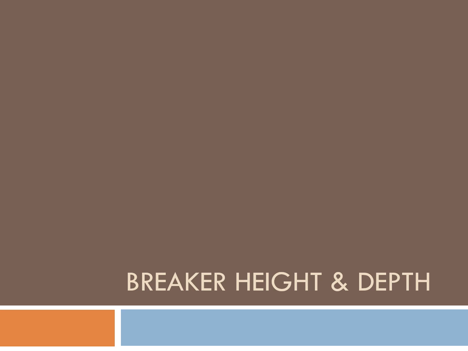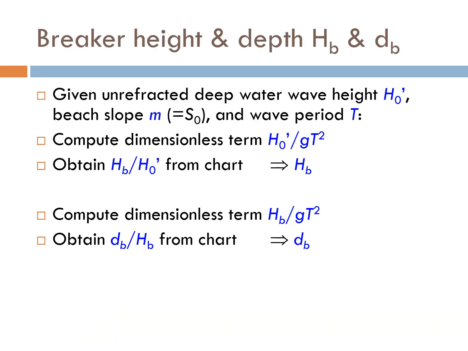In this lecture, we're going to continue with the topic on wave transformations. Now let's try to find out the breaker height and also the breaker depth. Breaker height is the wave height just before the wave breaks, and breaker depth is the water depth where the wave breaks. So the approximation or estimation of breaker height and breaker depth are based on numerous